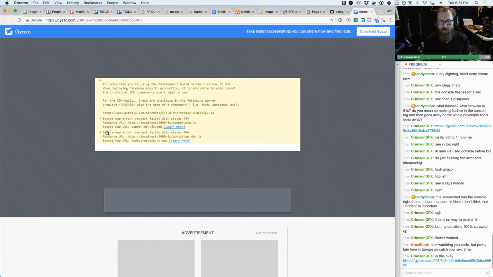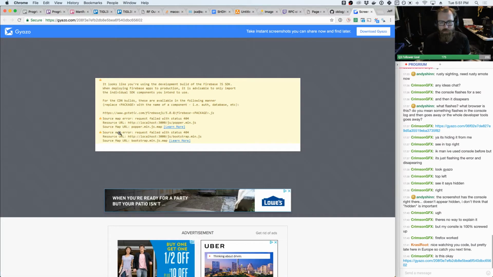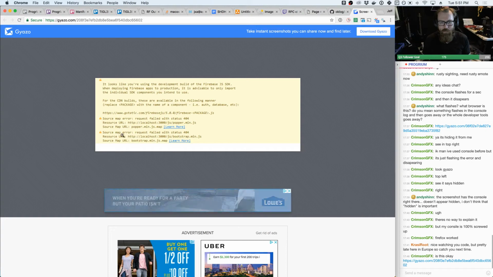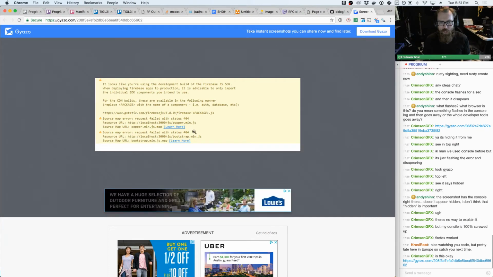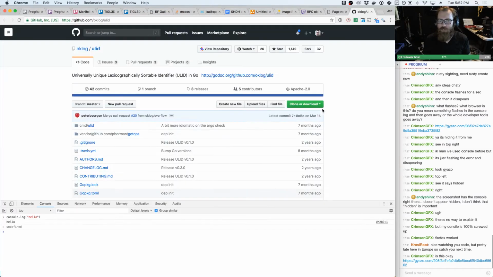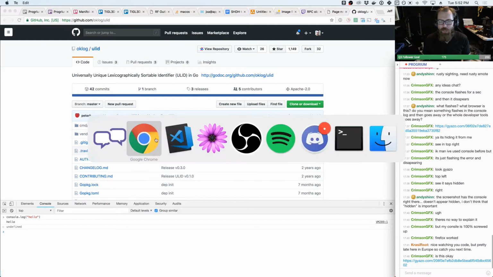Source map is a way to help you better debug errors in JavaScript when they happen. So you don't need them, especially for other people's major JavaScript, it's like they're probably gonna work. You're not gonna worry about debugging them probably. That's not always the case, but